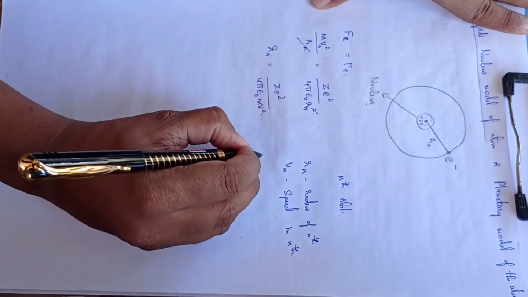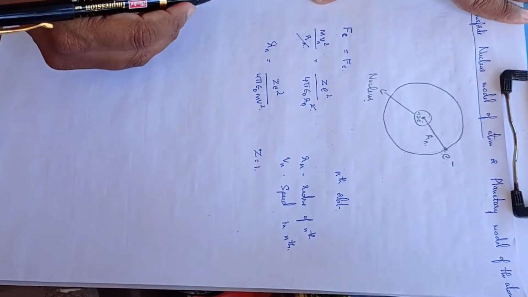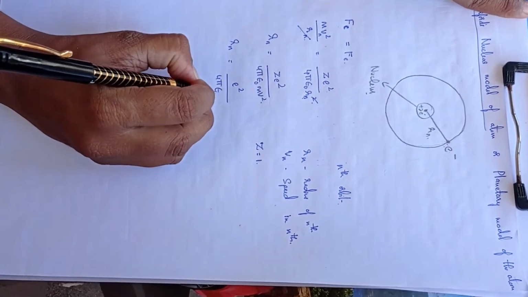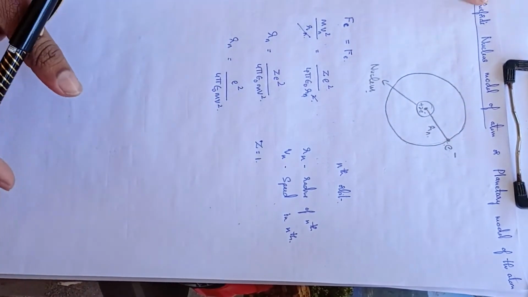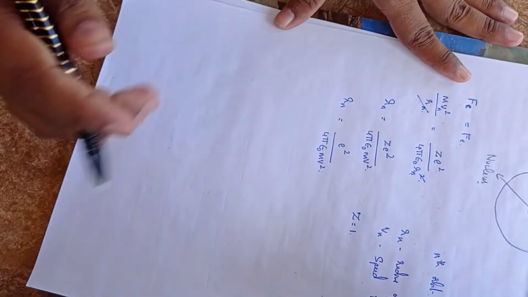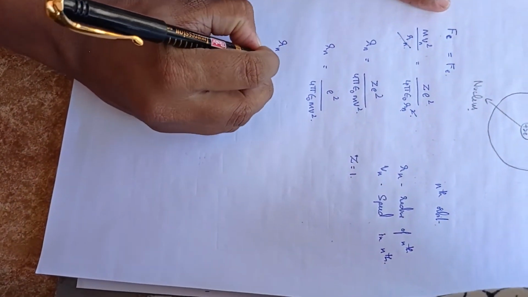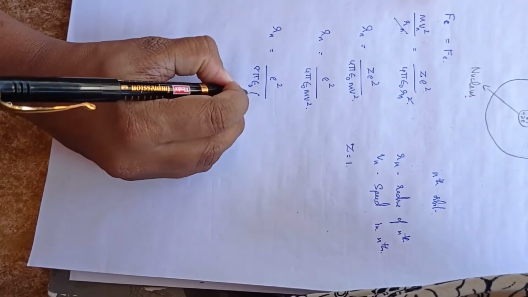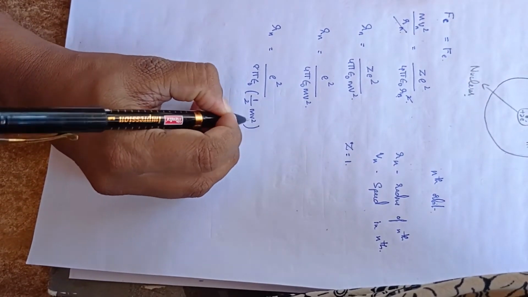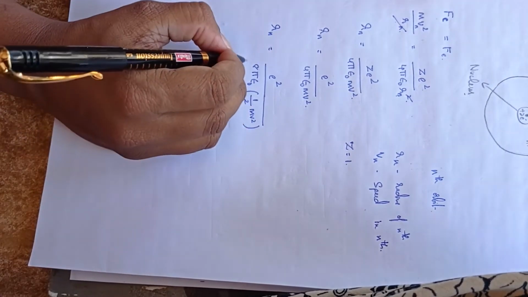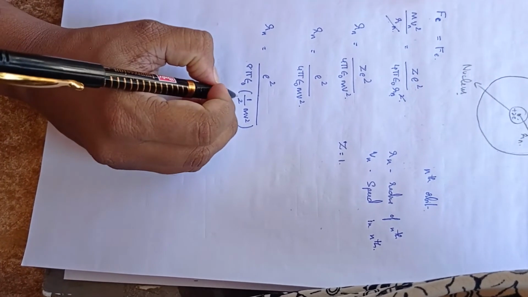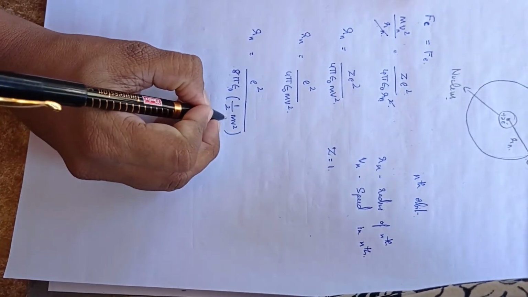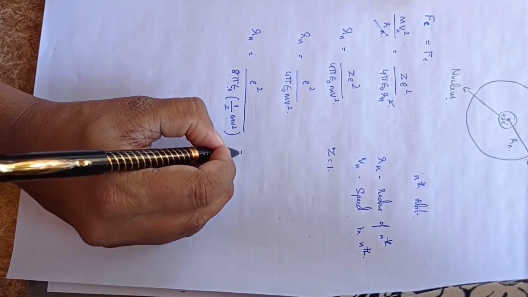But for hydrogen atom Z is 1. So the expression will be Rn is equal to e square by 4 pi epsilon naught mv square. If we multiply and divide by 2 in this equation, what happens? Rn is equal to e square by 8 pi epsilon naught times 1 by 2 mv square. So here what I have done is I have multiplied and divided by 2 in the denominator. So we get 8 pi epsilon naught half mv square in the denominator, which gives,